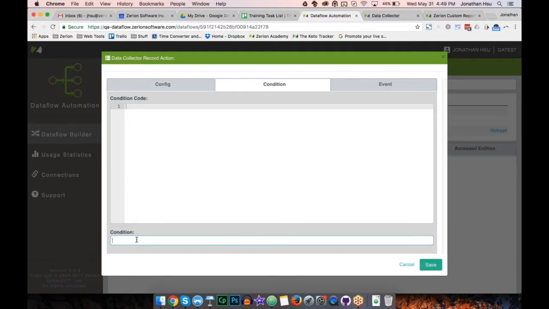If it's false, it will not happen, or it would be hidden. For my condition, I'm going to say record.correct divided by record.count is less than 0.75. So the idea here is if they got lower than a 75% on their certification test, that would be true, and then this would send out that record to be reassigned to them. So if I save this,